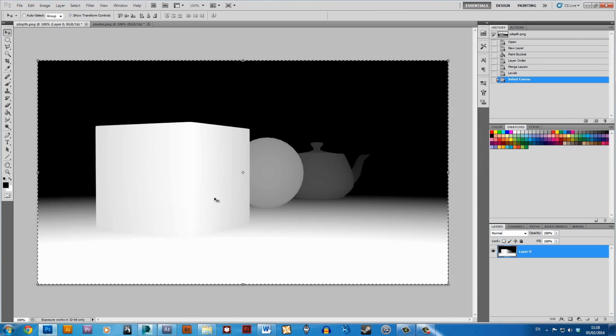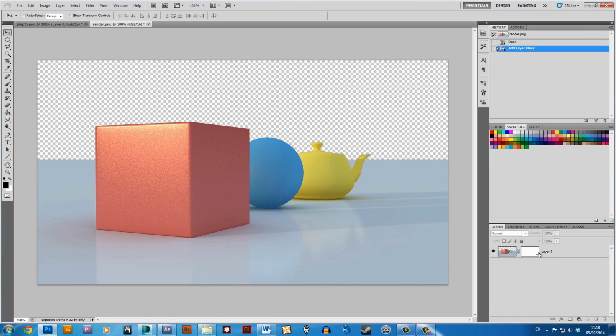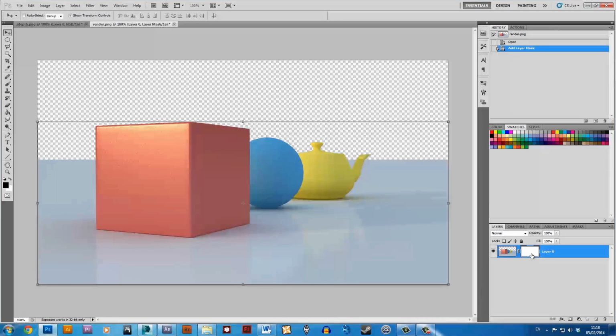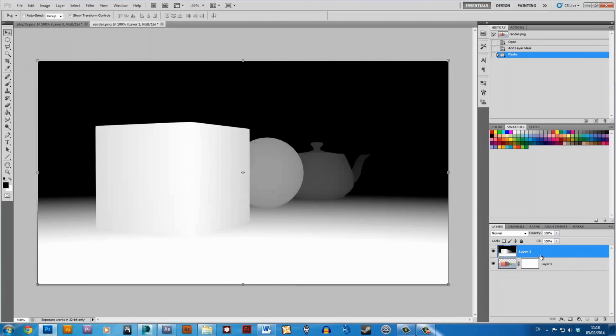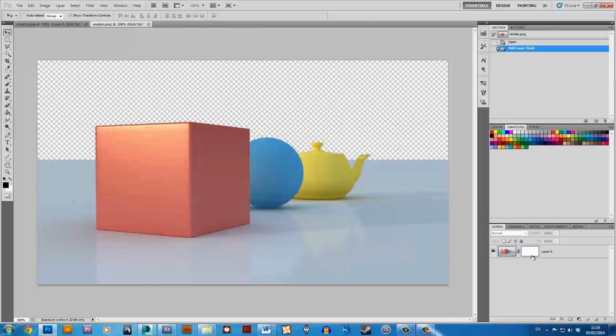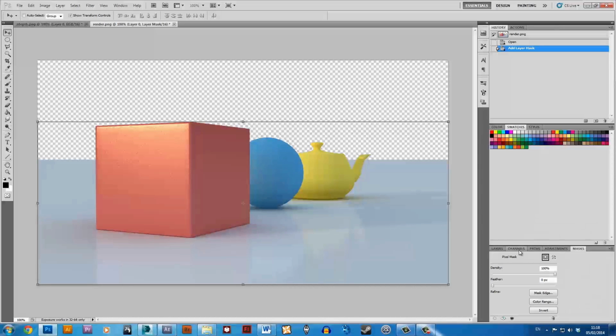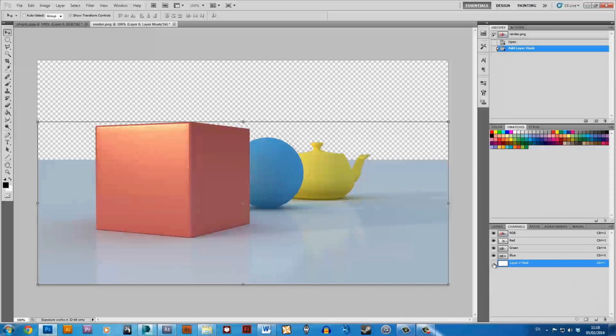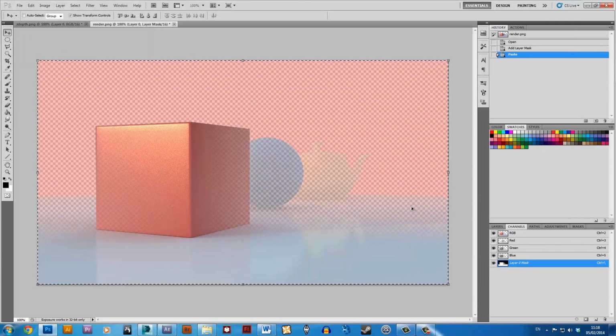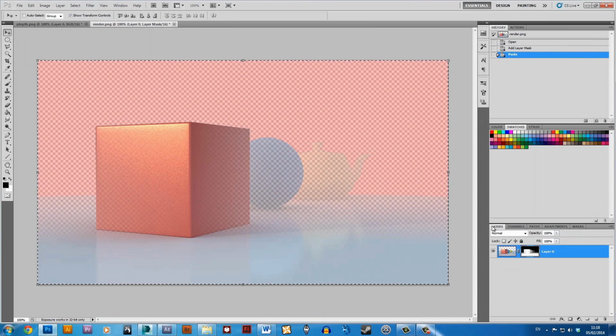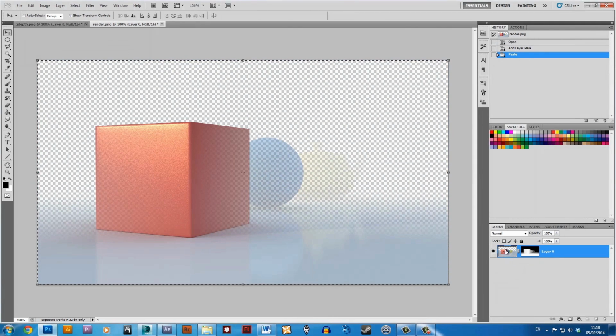I'll just hit Control A to highlight everything, and I'm just going to cut it, and I'm going to paste it into this white layer mask, basically. If I can. Oh, actually, you need to go into Channels and make this final mask visible, and you can paste it in there, and it's going to go weird and red, but don't worry, just go on your layers and click back on the main image here,